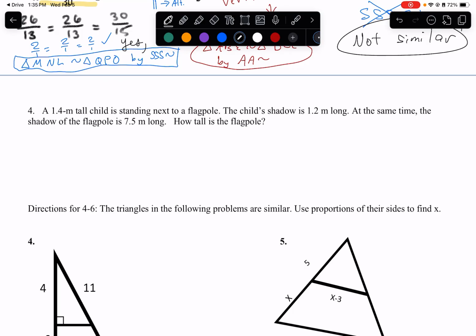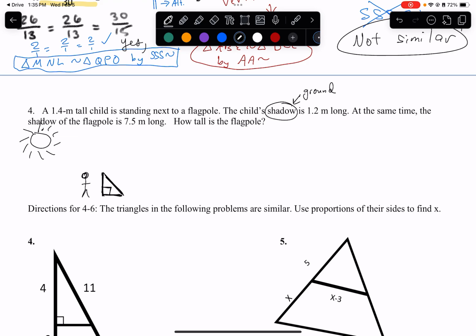Whenever we're working with shadows, shadows are on the ground. They're always going to be the bottom of whatever triangle we draw. A shadow is formed when a light source, like the sun, hits something. So we're going to have a little person, a child, and that child's shadow is going to be on the ground. The child's height and the shadow will be perpendicular to each other, so we're going to create those